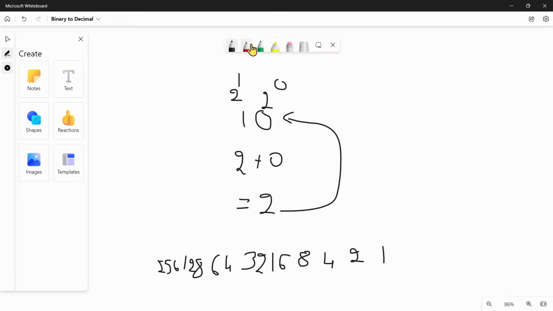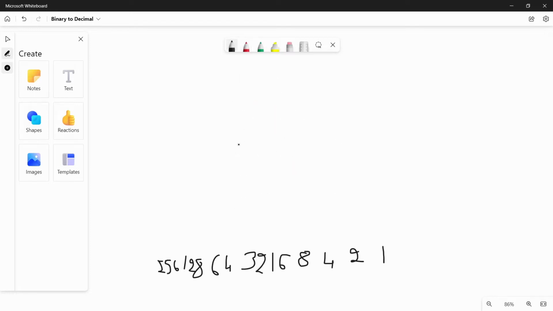So a best practice is, whenever you see a 0, you can just ignore it. Because when you multiply this value by 0, it will be equal to 0. So it is useless. That was just an introduction. Let's go for